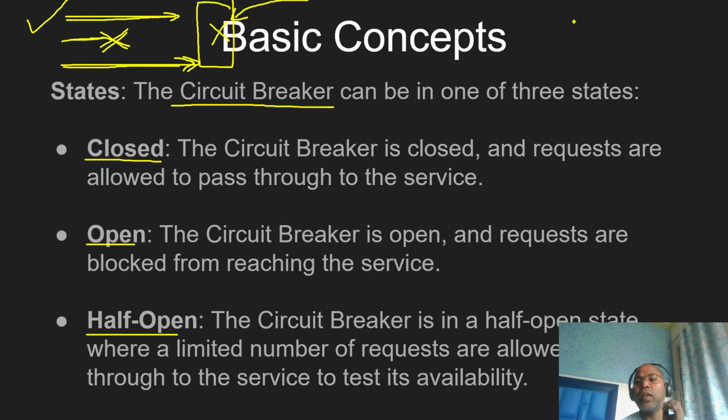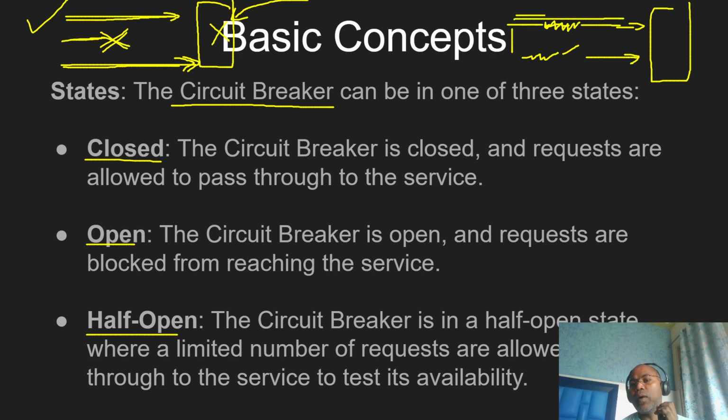Similarly, in engineering and electrical science, there is a concept of a circuit breaker when the power supply is going on. If you want to allow or disallow, you break the circuit, and the power supply does not go to the particular unit. If the circuit is joined, that means the power is going to flow.